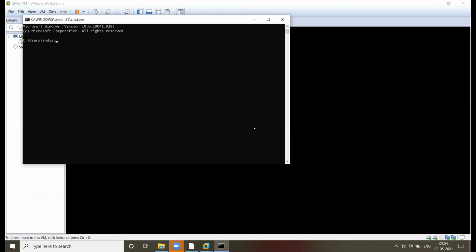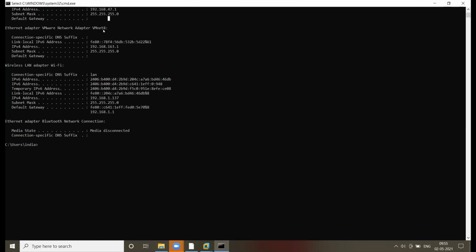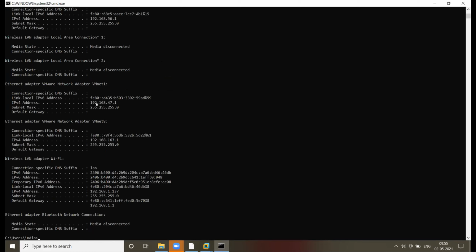Type ipconfig. So you have the LAN card here, VMNet 1. On VMNet 1, you have 192.168.47. On VMNet 8, you have 192.168.163.1.